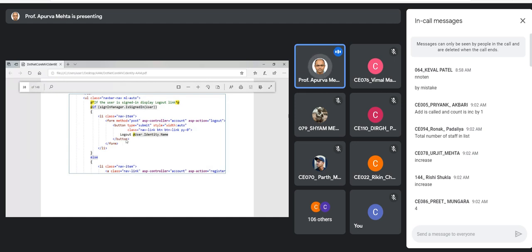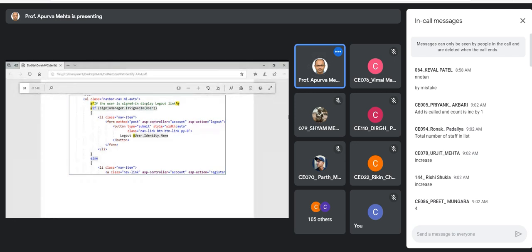So if the user is signed in, we'll display the logout button. And when the user clicks on this button, the user will be redirected to the account controller's logout action method, and the data will be sent as a post. Why should we not use get here? We can use get. It's just a click event, right? There is no model binding here. Then why are we using post? Anyone? So when the user clicks on sign out, the user will be taken to the account controller's logout action method to sign out from the system. But why are we making this request a post, not get? Any idea?